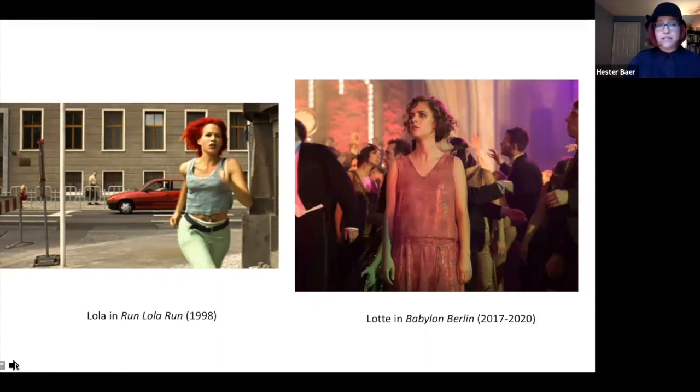Approximately 70% of the show was shot on location in Berlin, and the show was also able to take advantage of a brand new set that was being built at the studio Babelsberg near Potsdam outside of Berlin, one of Germany's biggest film studios. And they were planning to build anyway a new set called the Neue Berliner Straße, the New Berlin Street, which would provide a shooting set for films set in Berlin. And since they were planning to build that anyway, Babylon Berlin was able to sort of give them specifications for building this set.